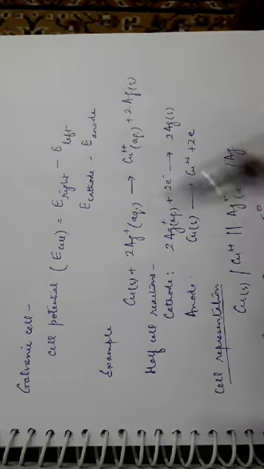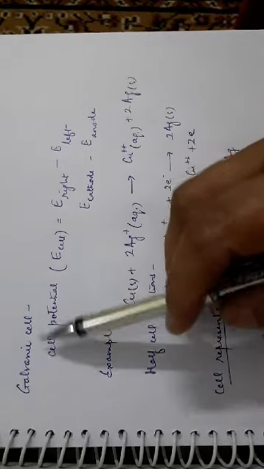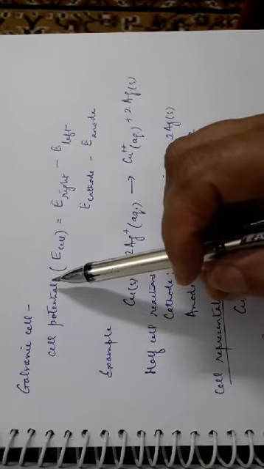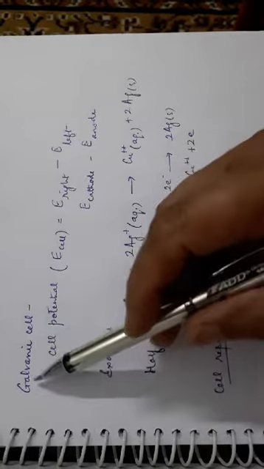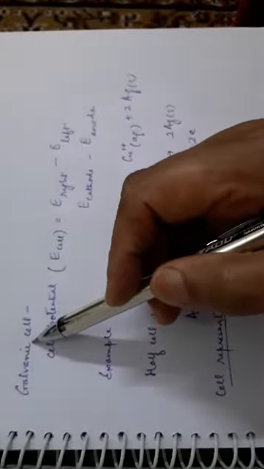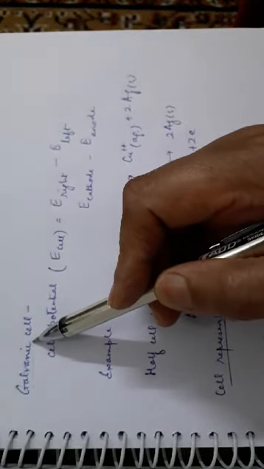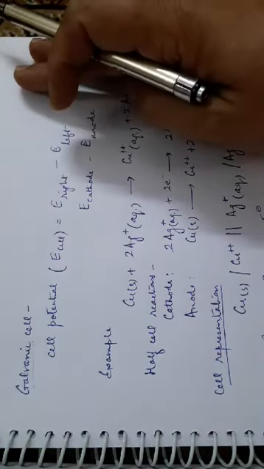Dear students, this is in continuation with the explanation of the galvanic cell. As we talked about, it consists of two half cells. One is the oxidation electrode, the other one is the reduction electrode. The oxidation electrode in the case of the galvanic cell was the zinc electrode, and the reduction electrode was the copper electrode. As per convention, the anode is always taken on the left hand side in the assembly of two half cells.